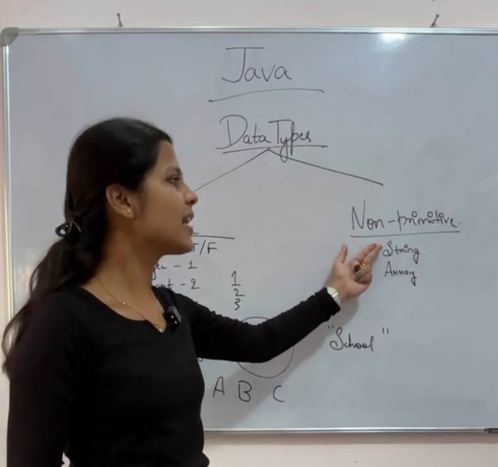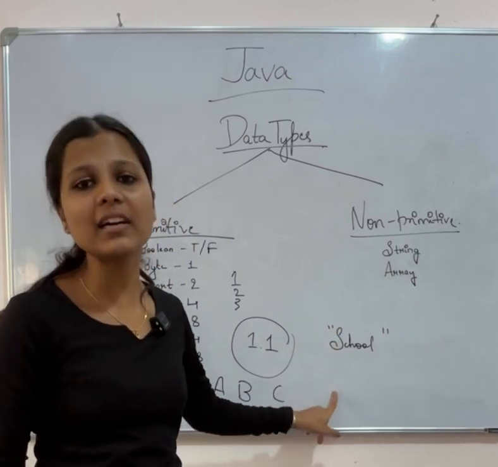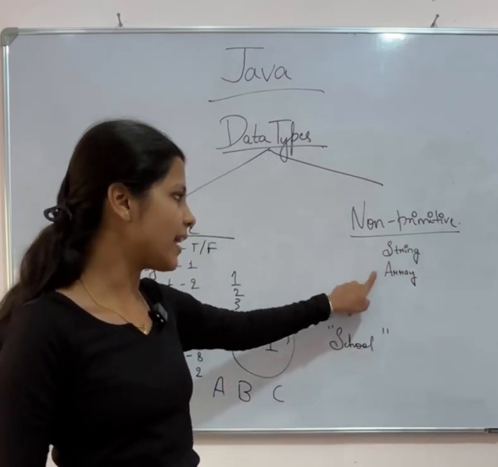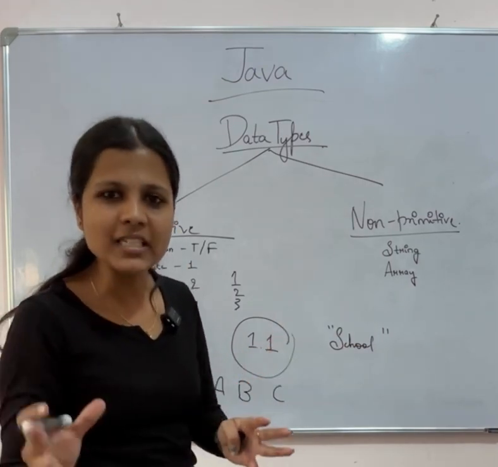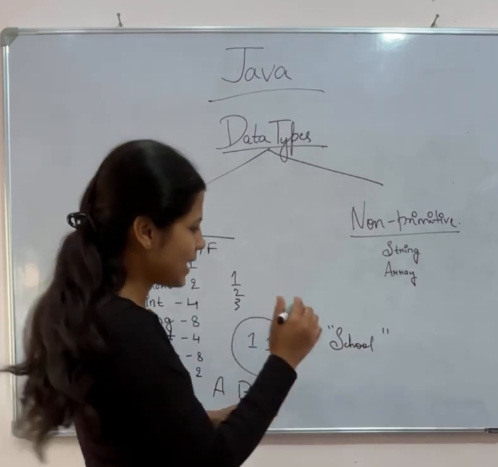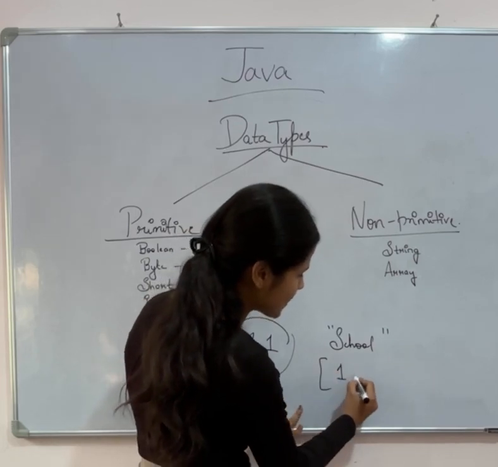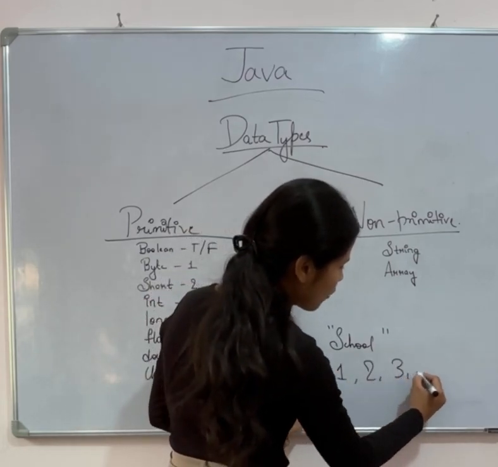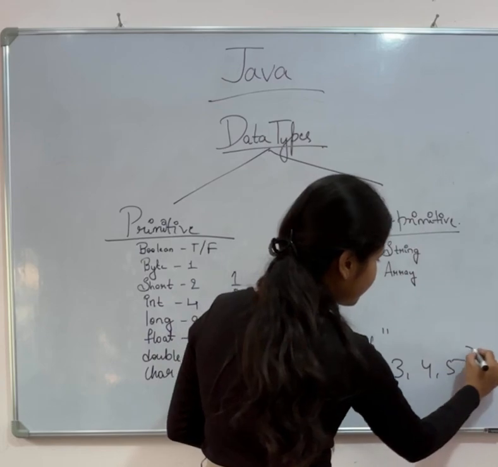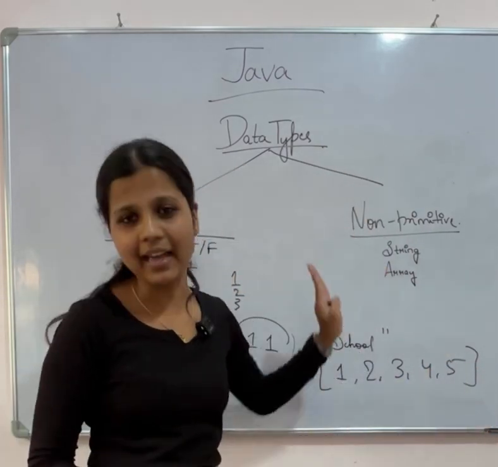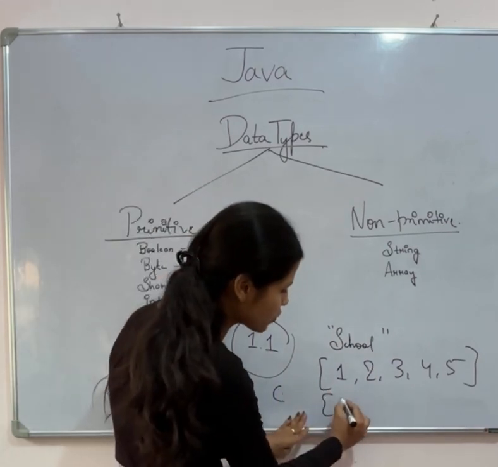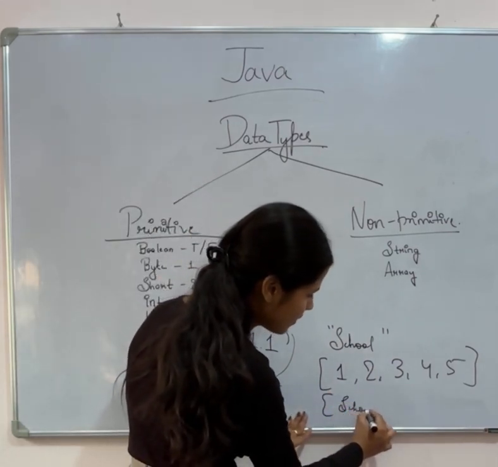Now let's understand: string is used to store a collection of characters, and array is used to store multiple values which have the same data type. Let's say you have the numbers 1, 2, 3, 4, 5. You have these many values, you can store them in an array. And if you have strings like school,